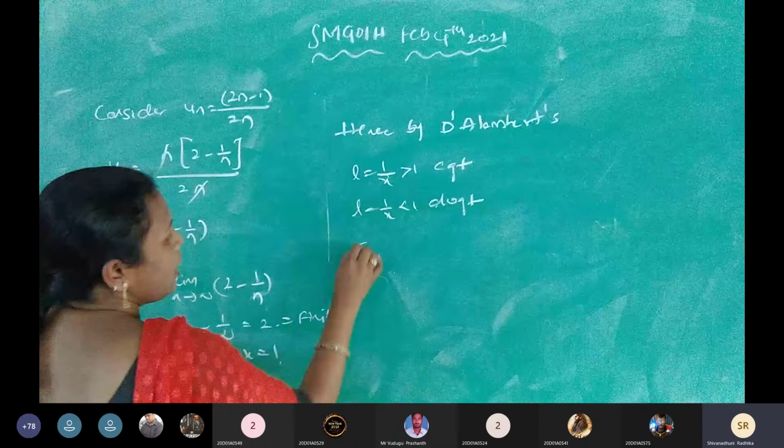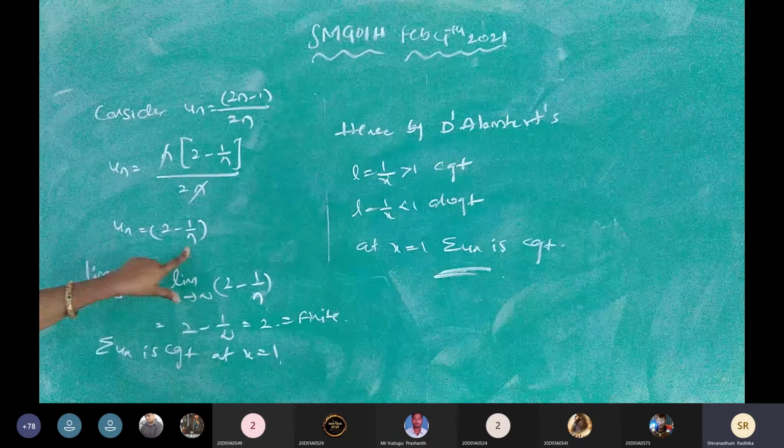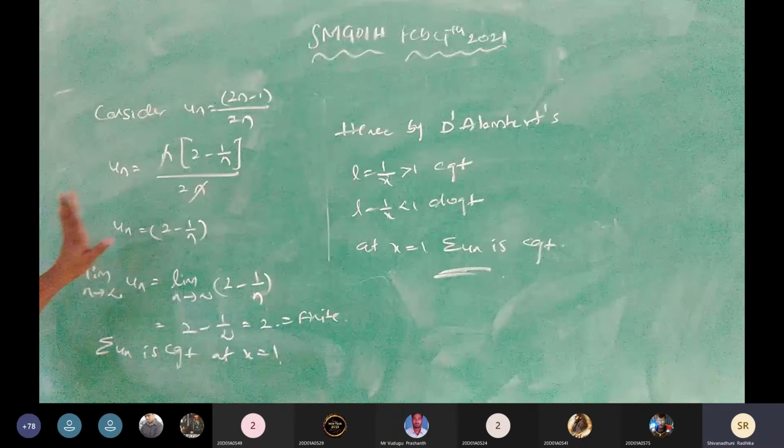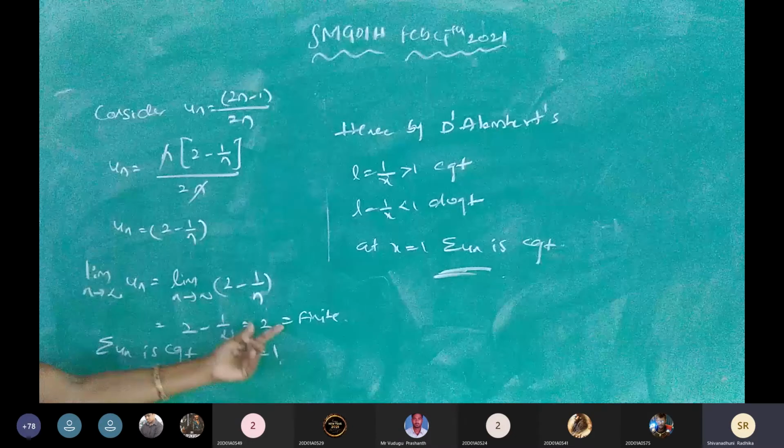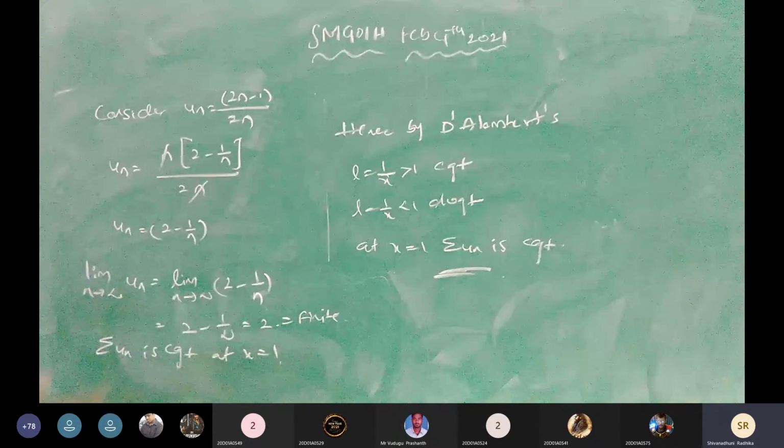And we are using the basic definition of convergence in this place because un equals 2 minus 1 by n. We have only the numerator; we don't have any denominator right now. For that purpose, since we only have the numerator, we go for the basic definition. Apply the limit function to un only. When we apply the limit function and get infinity, that is divergent. When we get a finite value, that is a convergent series. And in this, we are not using the comparison test and p-series because this is only the numerator.